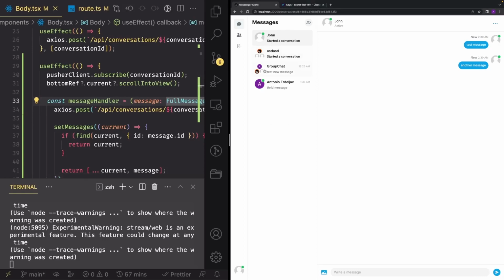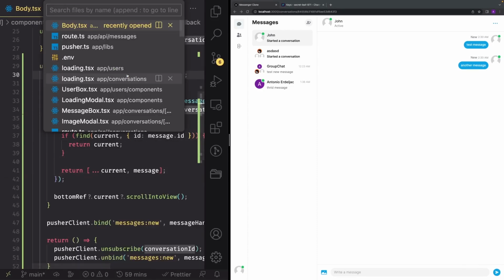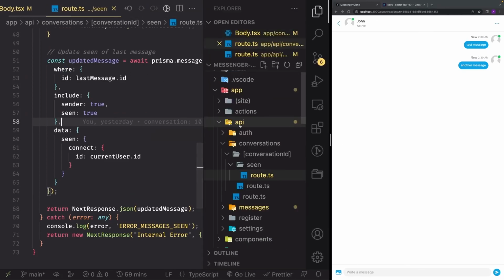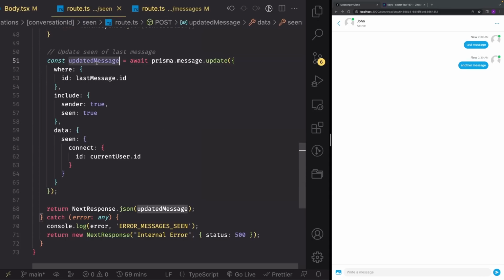So before we do the conversation thing, one thing I want to enable is real-time updating of the seen status of our message. In order to do that, I want you to go inside the seen route. Your seen route should be located inside app, api, conversations, conversationId, seen folder, route.ts right here. And I want you to go right here where you have your updated